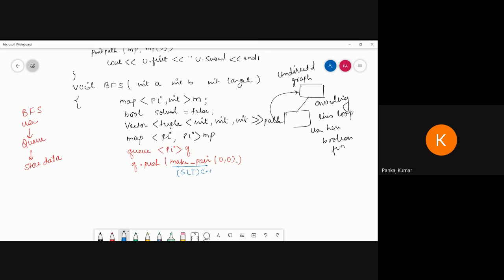Then suppose we can use the queue like this. For this purpose, we have to store the data here, here, and here, putting 0, 1, 2, 3 like this. So all the time we can use the queue, and at the last stage, the queue should be empty. Okay, so we have to write this code also.